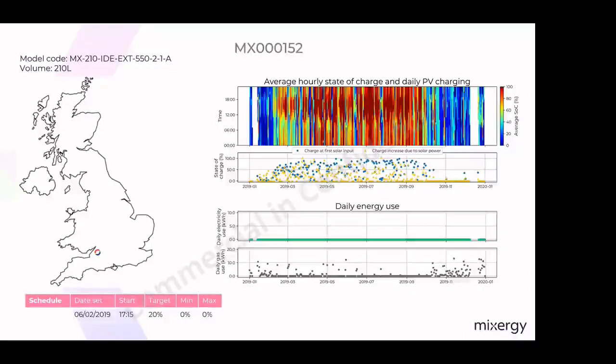So for 10 months of the year, between January and October, we were able to create between 30 and 80% of hot water from locally generated PV. The gas boilers had to kick in at times for top up, or if it's not been able to make enough during that solar gain. And as we move to November and December, that's where we had a couple of decent days of solar, but that's where the machine learning has kicked in the boiler to be able to take over. So what we've been able to do is offset the primary energy and reduce carbon for 10 months of the year, which can prove a significant saving when it comes to Appendix Q and RdSAP.